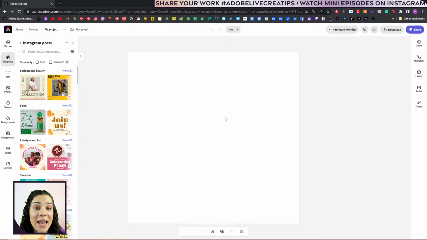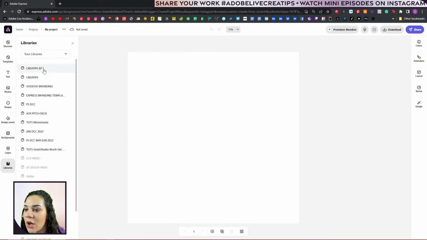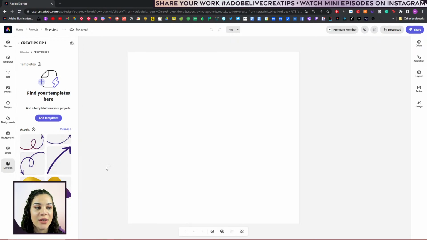And we can add pages. So we're going to be making a carousel post, and you can see here I'll be able to duplicate or add pages as we go along. And we want to access the awesome different assets that we've just created from scratch. So I'm going to come over to my libraries, which I can access. I'll come into Creatips episode 1, and there are all of the shapes and things that I just made,